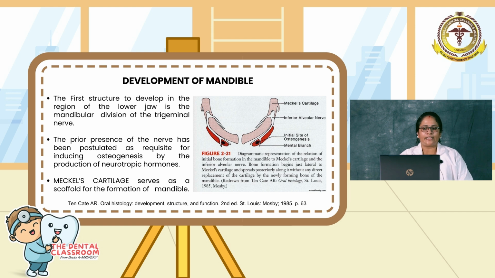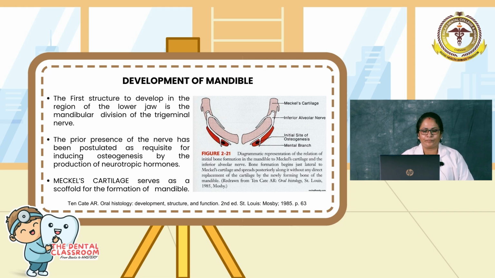So now let's see the development of the mandible in a much more detailed way. In the region of the lower jaw, the first structure to appear is the mandibular division of the trigeminal nerve. Interestingly, this nerve develops before the bone, and its presence is thought to influence mandibular osteogenesis according to some studies. Within the first pharyngeal arch, Meckel's cartilage forms, and it serves as a potential scaffold but does not directly